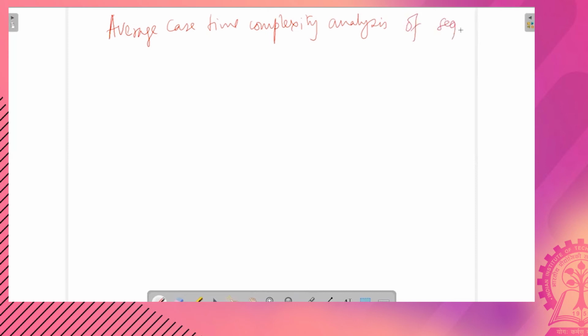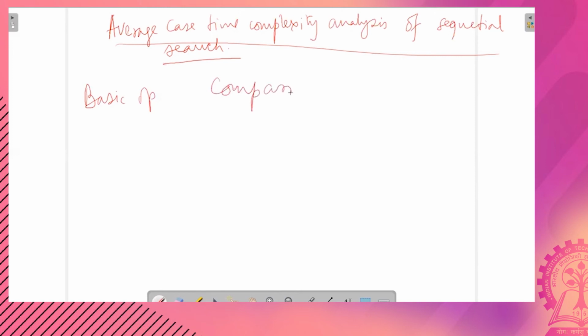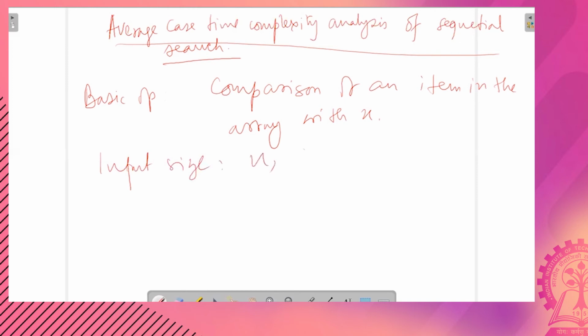Of sequential search. Basic op, comparison of an item in the array with X. Input size n, that is the number of elements in the array.